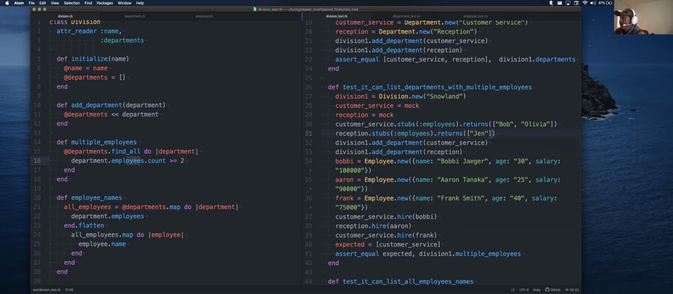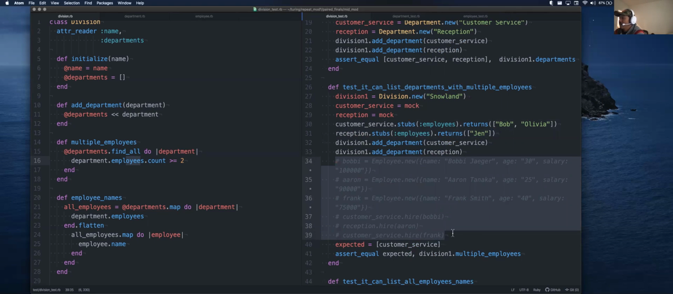All right, let's delete lines 34 through 39. Here's one of the benefits of having mocks and stubs: we no longer care about how customer service and reception actually work. We're just creating mocks, injecting them via the add department method, and then stubbing out the employees method and returning whatever size array we want. And then if we run our test,